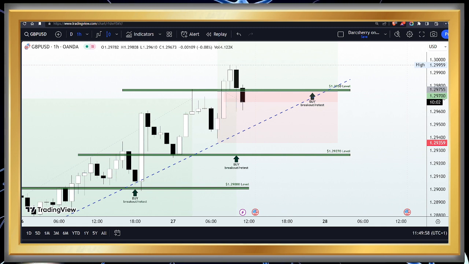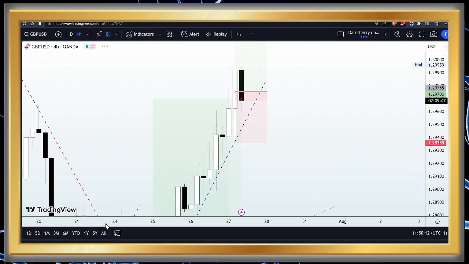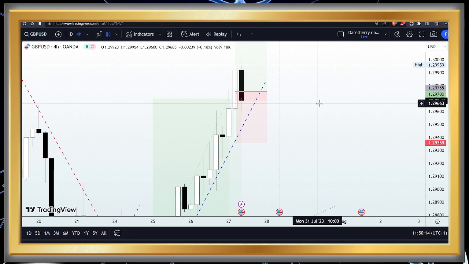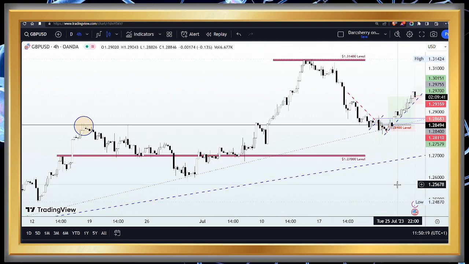And before I round off on the GBPUSD, I also want to refresh our memories on what is going on the higher time frame, for the sake of those who are not part of our live session at the beginning of the week, to see what is going on from a holistic point of view. And I think with that information in mind, this whole setup will make quite a whole lot of sense.